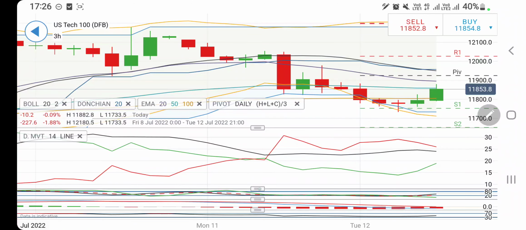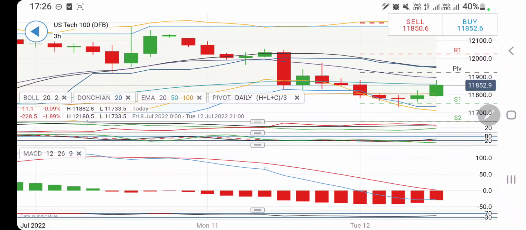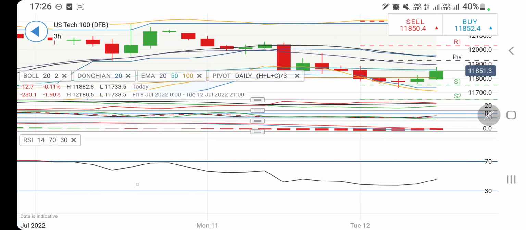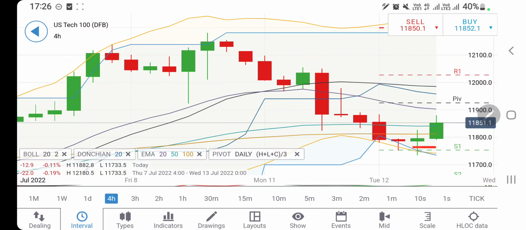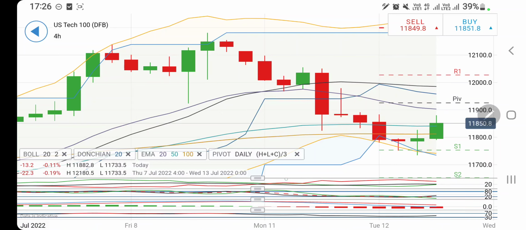If you look at the directional movement, this is bearish, trying to converge, crossover for a bullish move. Stochastic is looking bullish, looking upwards. MACD is trying to converge, crossover for a bullish move. RSI looking upwards from here. Similarly, if you look at the 4-hour charts, this too is trying to show you reversal. This is trying to show you breakout. The symmetry is done. 11880. Beyond that, it is going to fly high. The next target is going to be 11920, 11970, 12000, 12020, and then beyond that, we are going to look forward to an extremely bullish move.